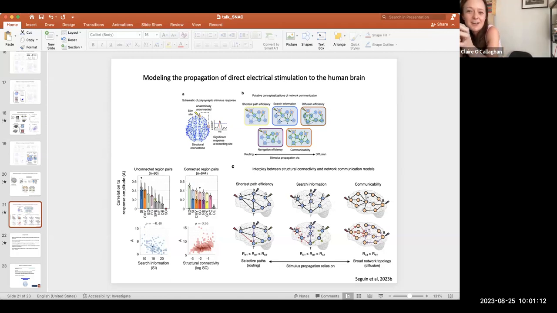And I guess I just wondered, for you, what do you think the missing ingredients are? And do you think that if we had more of that kind of neurobiological information in the structural connectome, it would be explaining more of these things without the little secret sauce of the models?